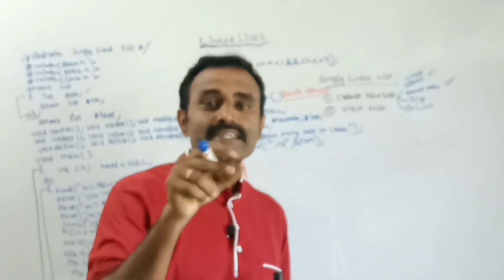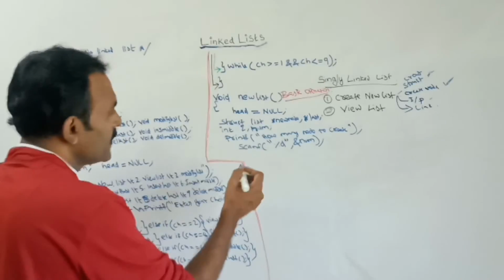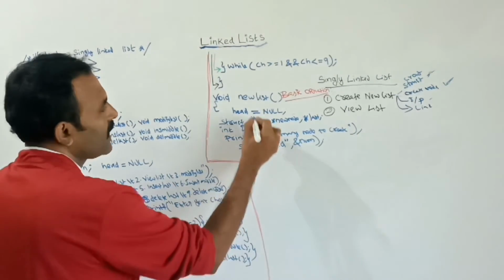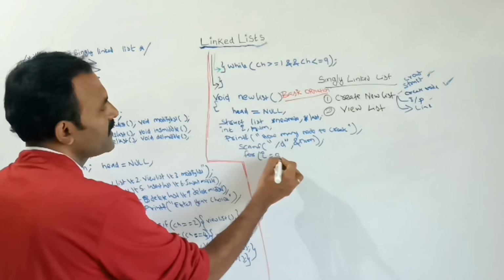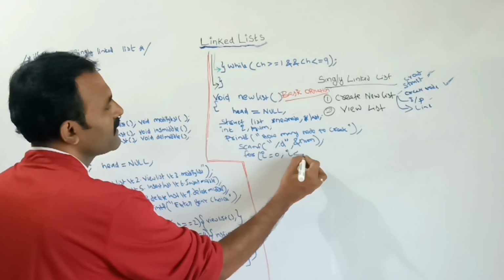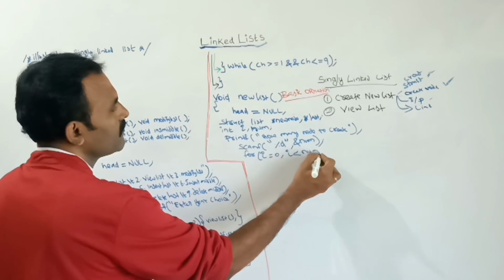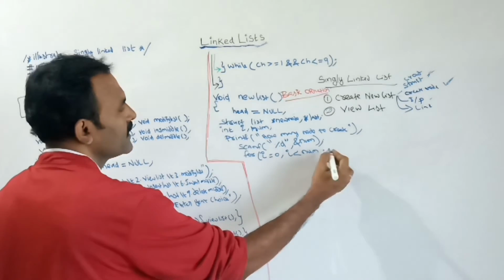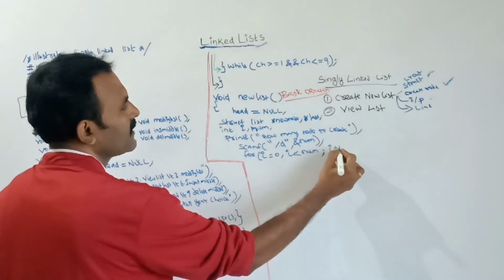So we can use it inside a loop, any one of the loops. Here I am using the for loop. For first, i is equal to 0, starting from 0. Next I am giving the condition i lesser than num. That is, whatever number you give, up to that the loop will be executed. Next I increment the value.